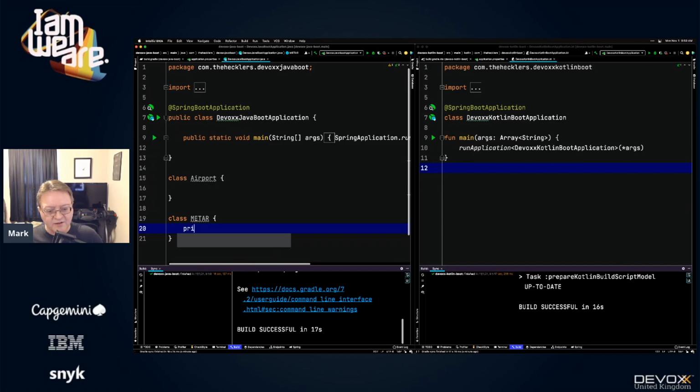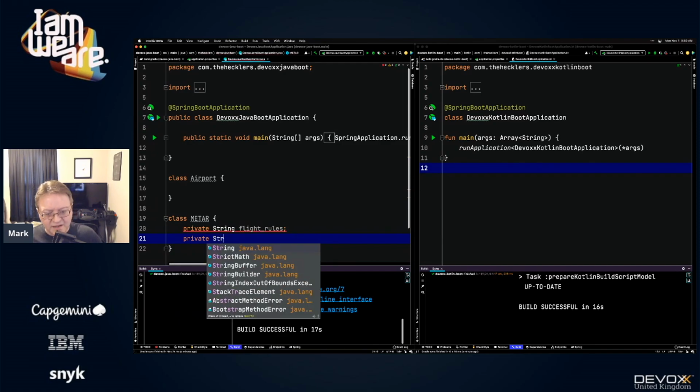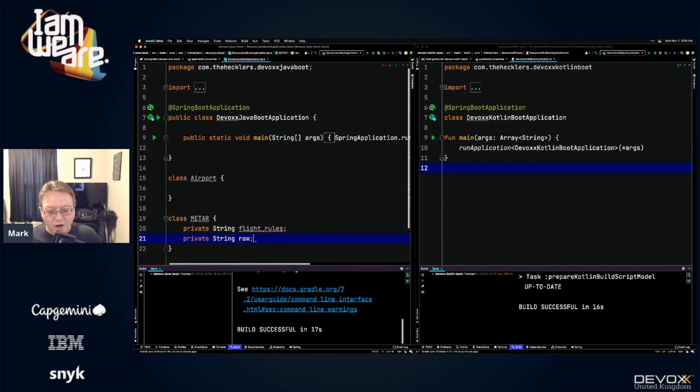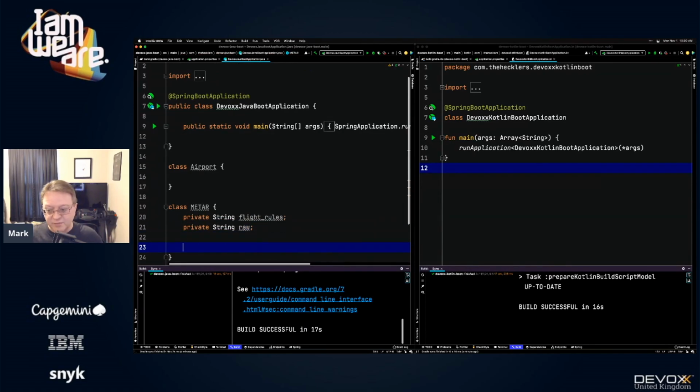So let's see, we have private string and we have flight rules. And that tells you, and again, I'm staying with the formatting of the data feed itself, the flight rules themselves are visual flight rules or instrument flight rules and things like that, marginal visual flight rules, which tells you what you need to do in order to be able to legally and safely fly in those conditions. And then we have the actual raw report itself. So you get all of the things like the temperature and dew point and barometric pressure and things like that,